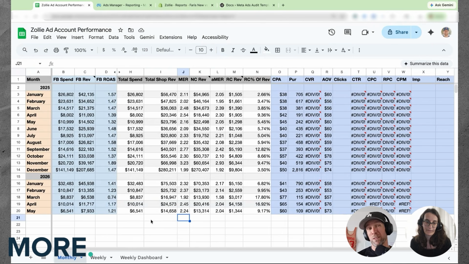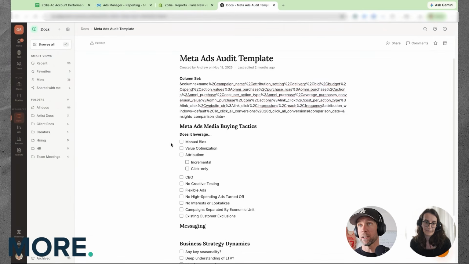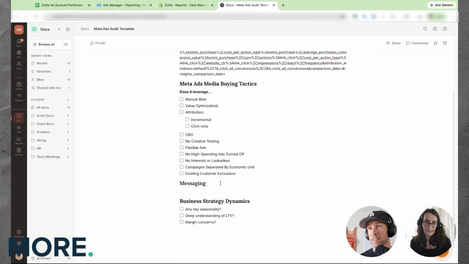So, you have new customer revenue like this. I also always separate out new and returning customer revenue in all of these businesses because you want to think of them as different things, except in your business, because the returning customer revenue is so low, I would be a little less concerned about this. Basically, if I drive any additional purchases with my ad spend, it's probably pretty incremental because you're just not driving that much return customer revenue to begin with. So I'm going to check one thing off the box in my template here, which is separating out existing customer exclusions. I haven't even checked to see if you have these or not, but I don't really care. It's just not something that's concerning to me at all.